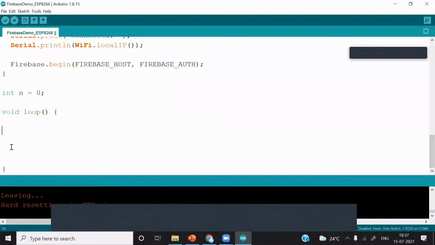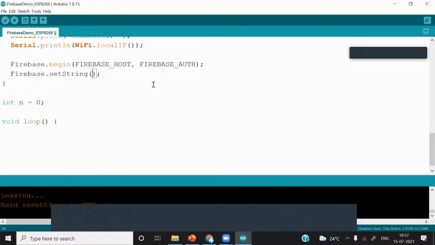So to do that, I'll first create one path, named Firebase dot set string, because I want to put some random string to the real-time database.